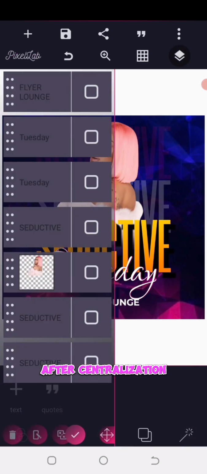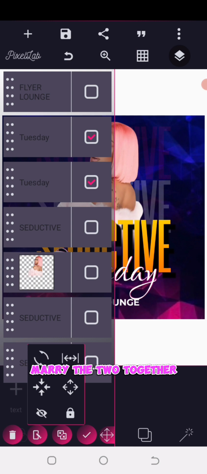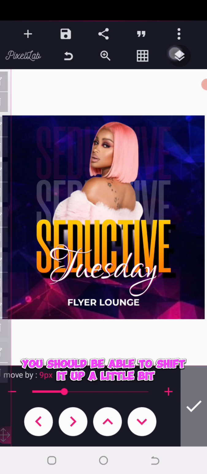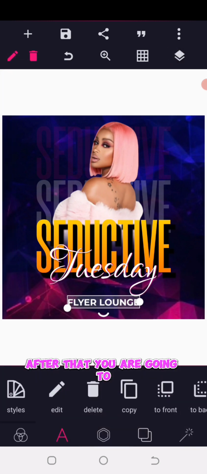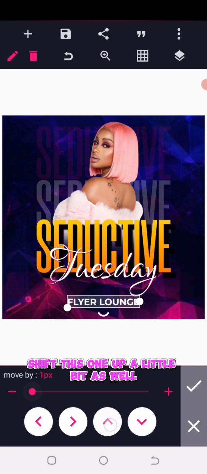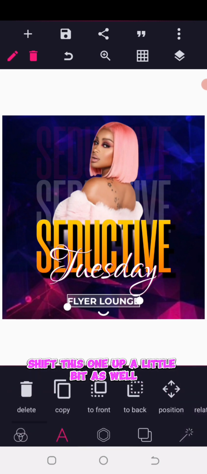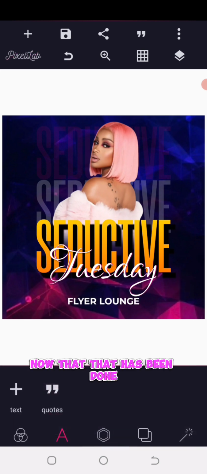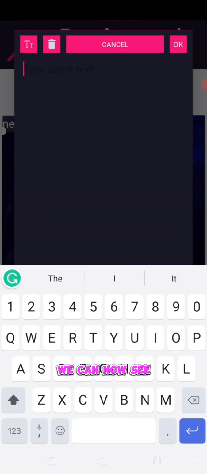After centralization, marry the two together, the two Tuesdays, and when you marry them together, you should be able to shift it up a little bit. After that, you are going to shift this one up a little bit as well, and you position it to the center. Now that that has been done, we can now say